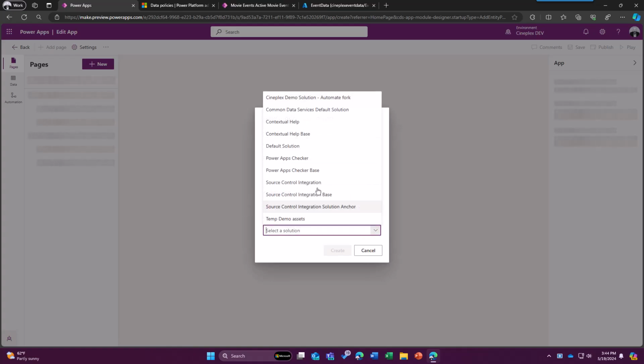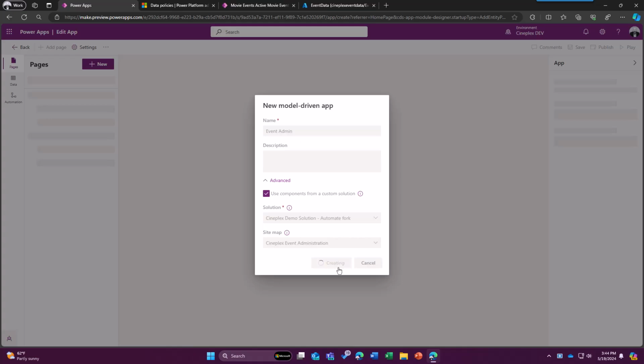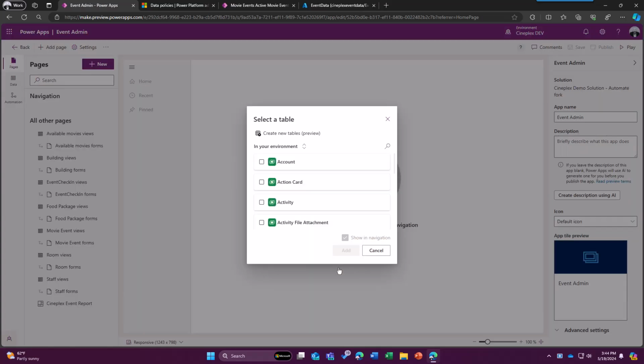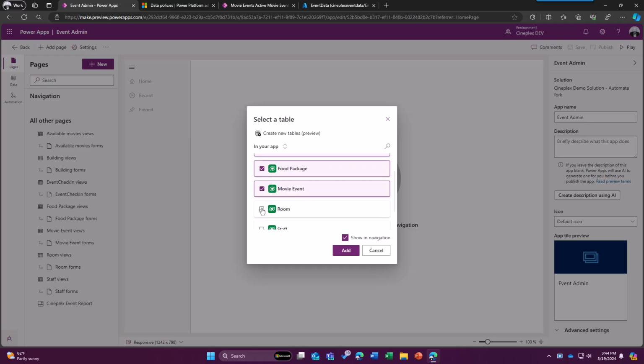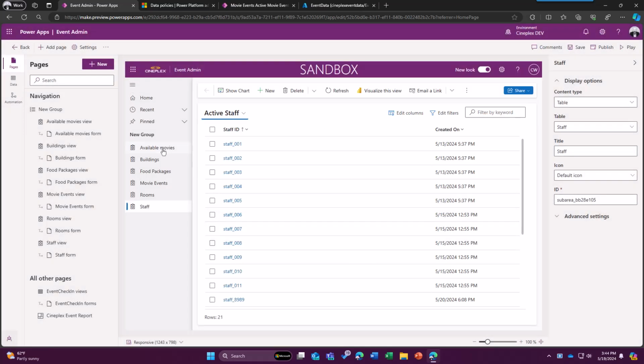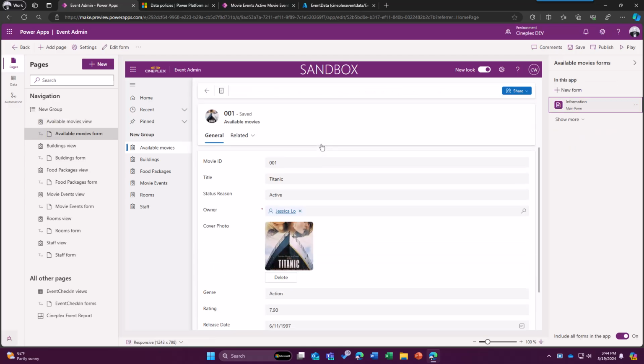with extreme flexibility. In Power Apps, though, I'm able to complement this with model-driven, leveraging the same underlying assets to build a rich application with dynamically generated experience based on common data and logic. In this case, it's perfect to build an app to administer apps for the Cineplex head office. I can quickly get started from Power Apps and simply point to my existing solution, leveraging all that great work I've already done. With a few clicks, I've got a responsive web application running over Dataverse to help me administer